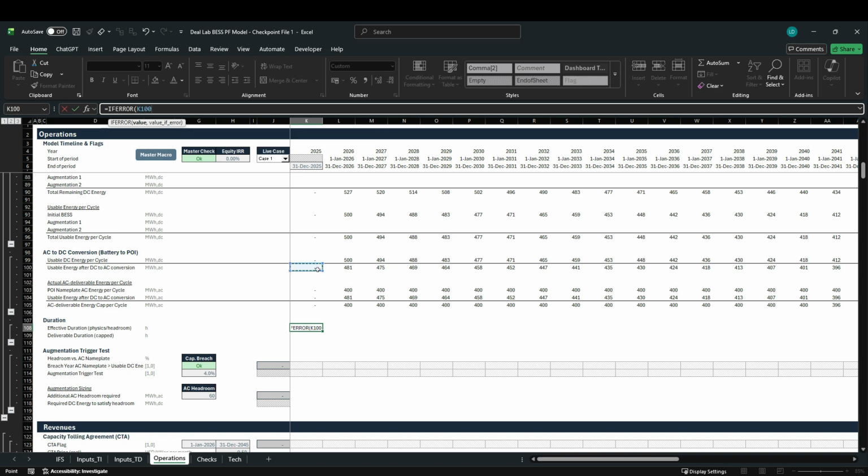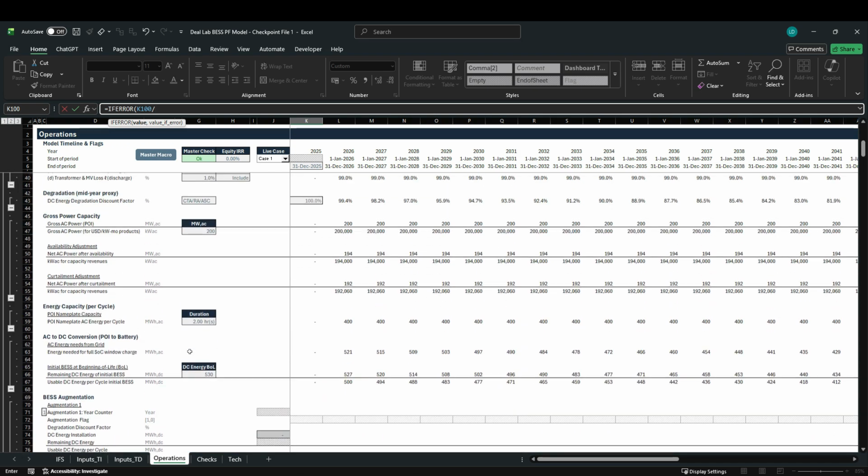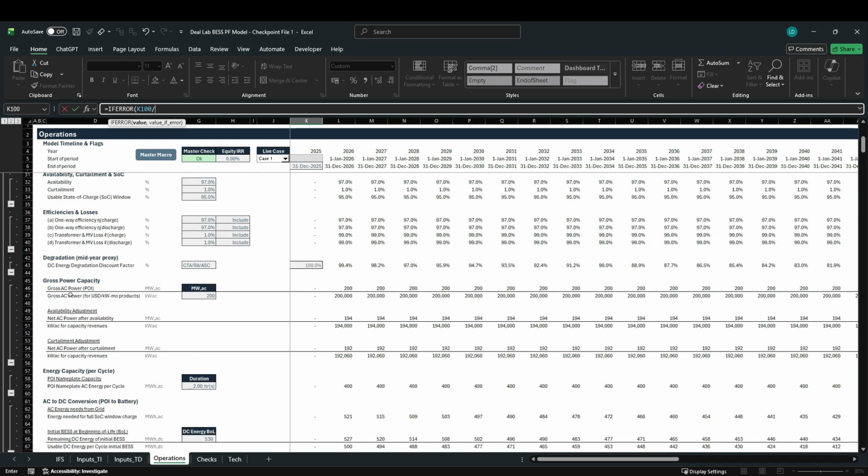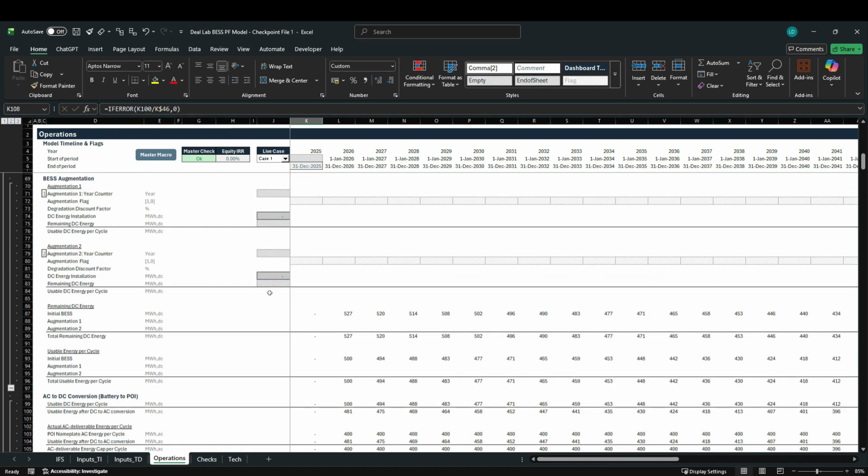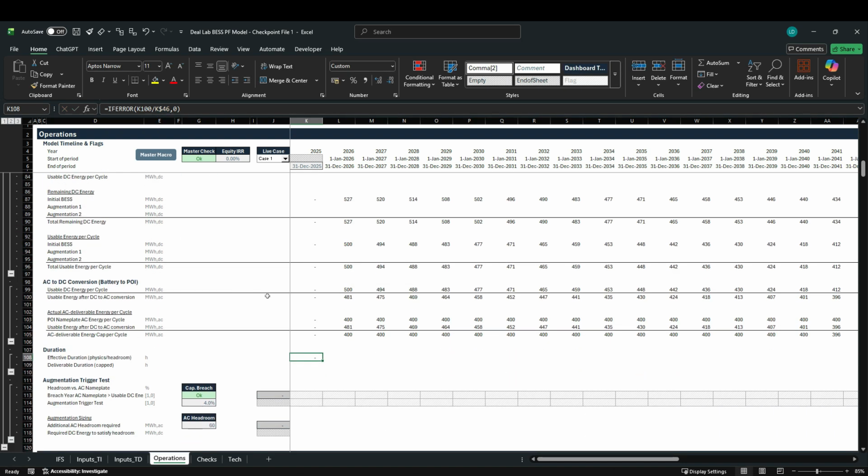And we will take our usable energy after DC to AC conversion in row 100 and divide this by, let's scroll up, our actual gross power at the point of interconnection in row 46. Hit F4 2 times, and if this is an error, we want it to be 0, otherwise the initial value will be returned. Hit enter. And we can drag that formula down, so let's go in row 109, hit Ctrl D,